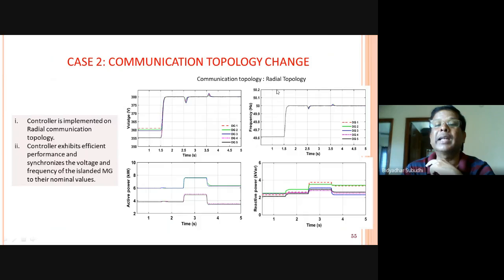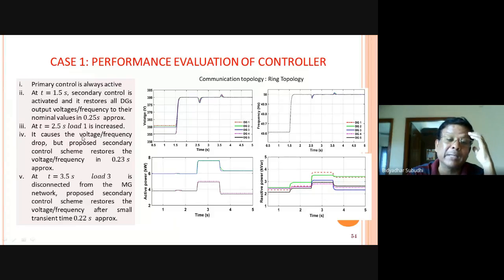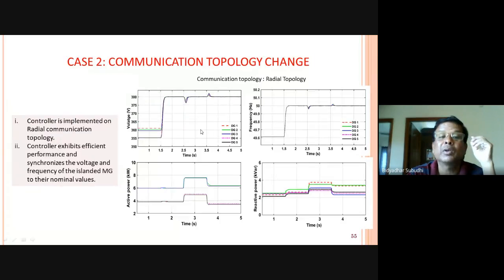Now you take a radial topology. You see when the controller is implemented, even when you change the topology from ring to radial and do the same kind of load change, the controller is good enough to enable all the DGs to maintain their respective nominal values of the voltage at 380 volt and the frequency at 50 hertz quickly. So the controller exhibits efficient performance and synchronizes the voltage and frequency to their nominal values, and these are the corresponding active power and reactive power